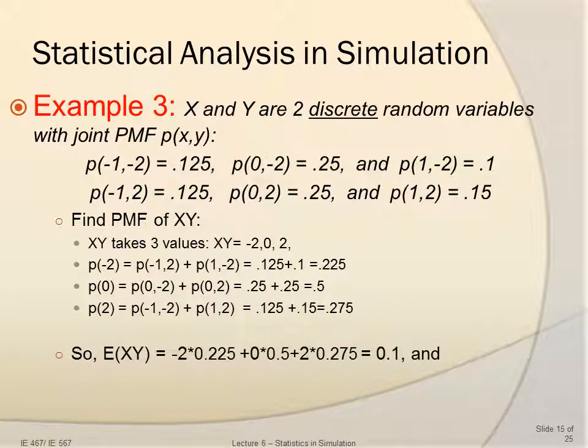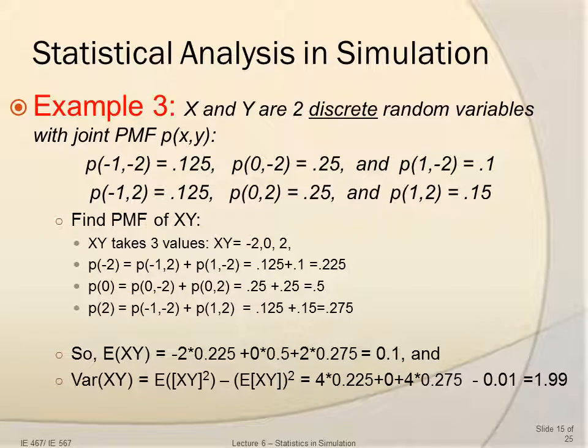And so now we can also find the expectation of xy, and we just multiply all those three values, -2, 0, and 2, by their corresponding probabilities, 0.225, 0.5, and 0.275. So when we sum up the products, we'll get 0.1, and we can also get the variance of xy by